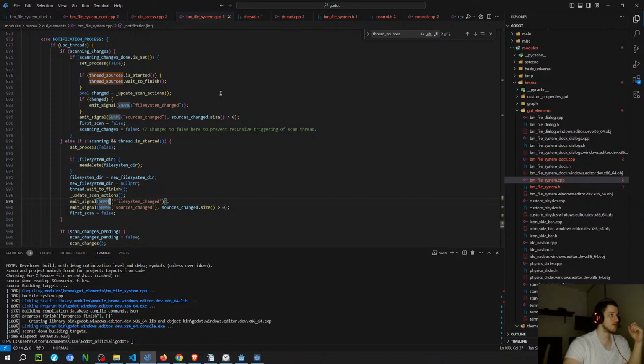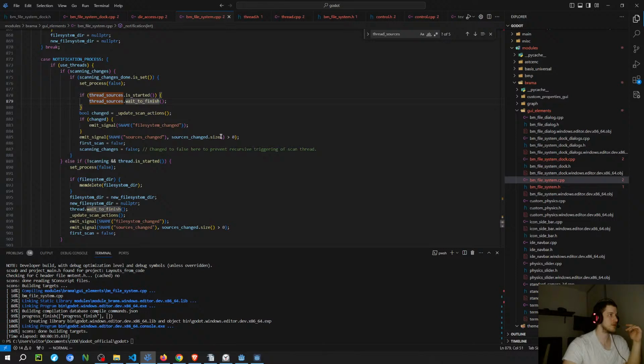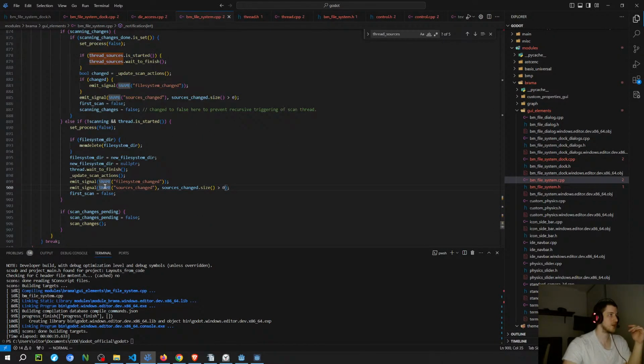It initializes the two threads depending on the state. So first you have to initialize the scan. Let's say you run the scan changes and the scan changes end before the scan, then it's gonna wait for it to finish here. And then it's gonna eventually get here and then yeah, that's